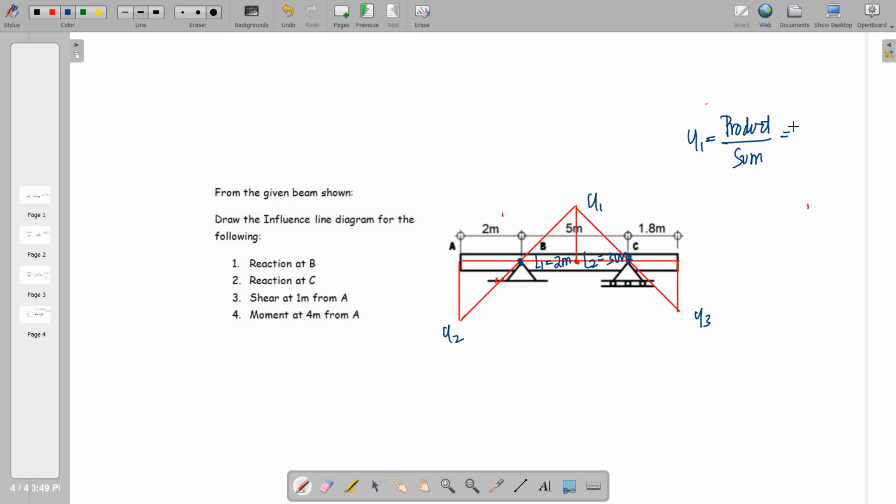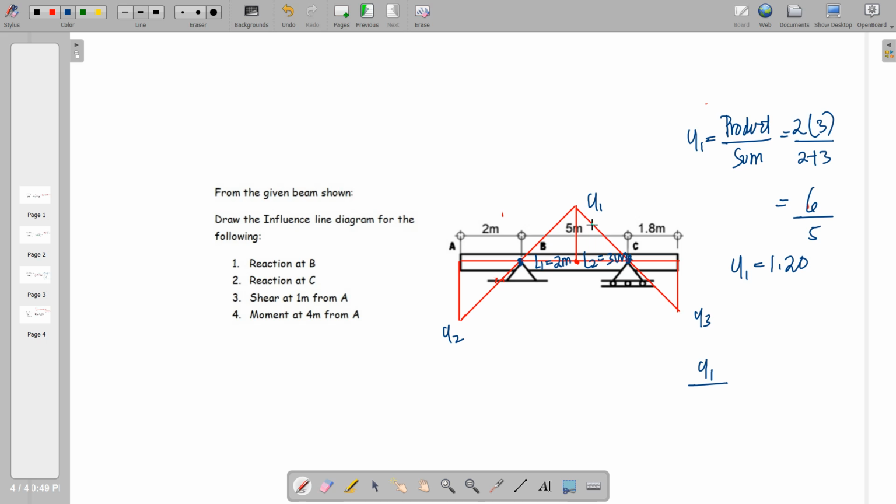So therefore, this is 2 times 3 all over 2 plus 3. So therefore, this is 6 all over 5. And y1 will be equal to 1.2. So we now employ